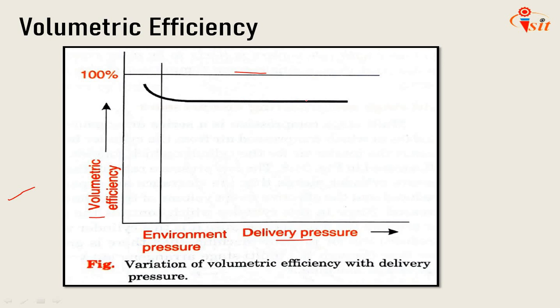The volumetric efficiency is lowered by various conditions like very high speed, leakage past the piston, too large a clearance volume, obstruction at inlet valves, overheating of air by contact with hot cylinder valves, and lastly inertia effect of air in the suction pipe. So by paying careful attention in the design of the compressor to these causes of loss, an improvement in volumetric efficiency can be obtained. Okay, so that is about the volumetric efficiency.